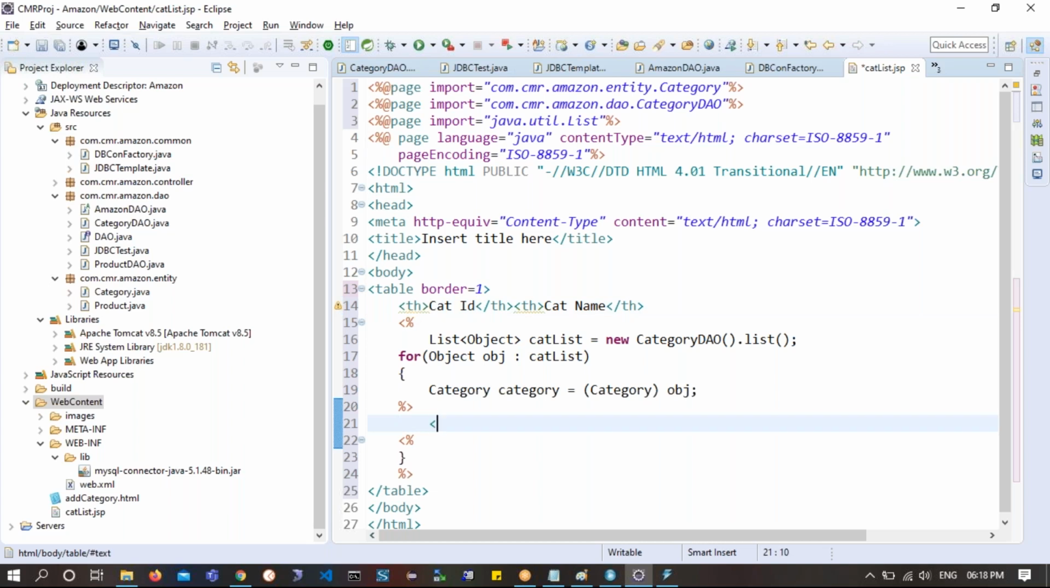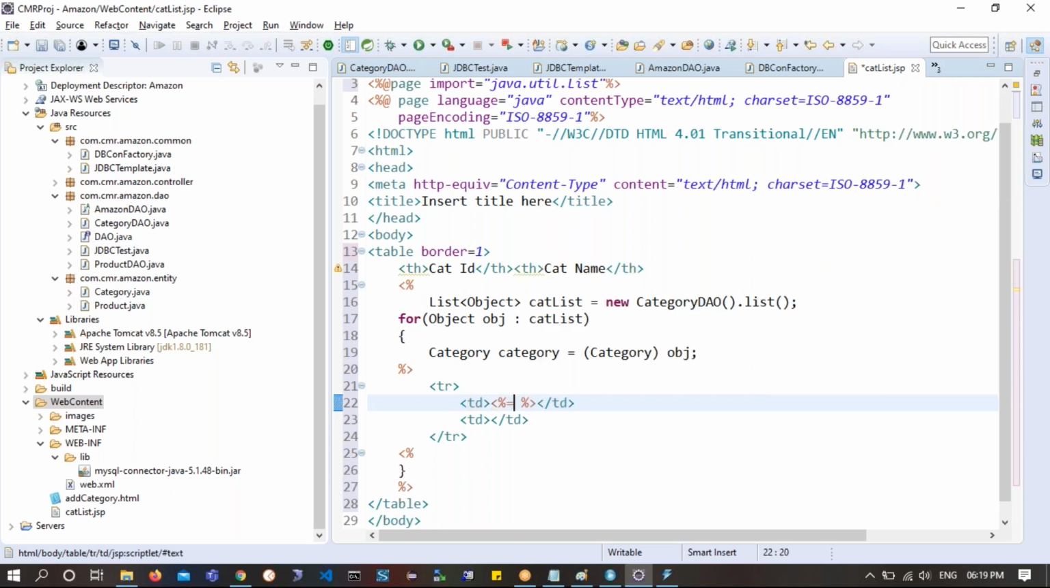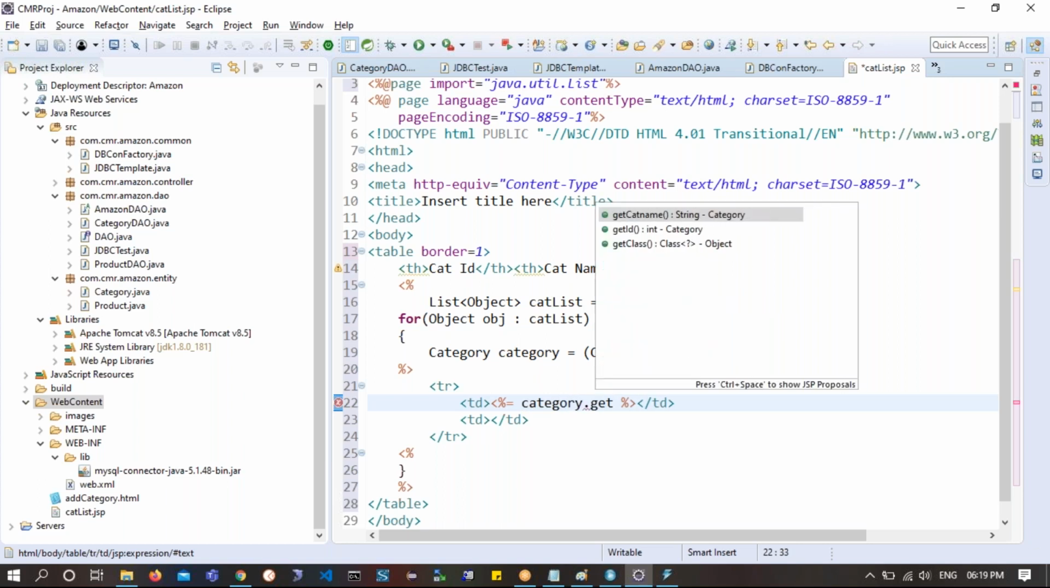For every category I wanted to show one tr slash tr. Now within the tr, I am trying to mix up this Java code and HTML code. Within this tr I wanted to showcase each one into one td. This td contains category ID and another td contains category name. Okay, how do you show this one? I have an output run, right? You can say out.println, or you can say the scriptlet is equals to, which is an assignment scriptlet. You can simply say category dot get